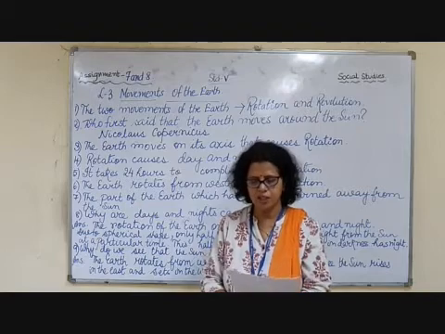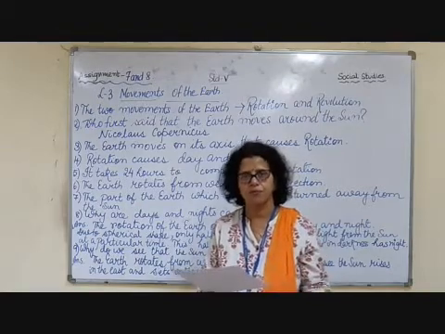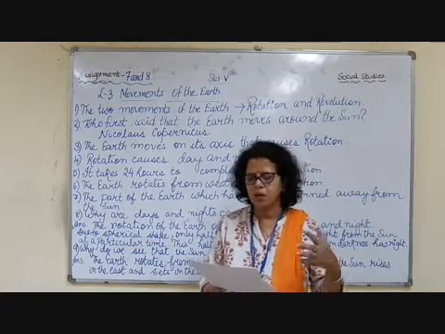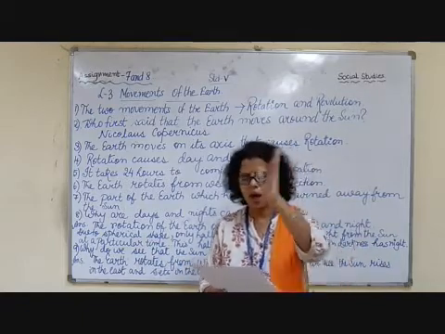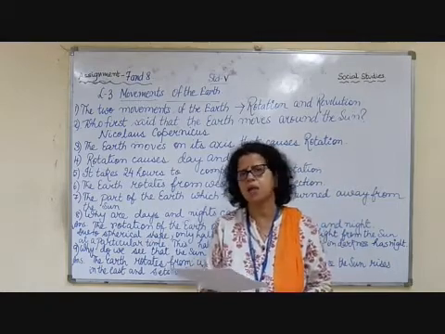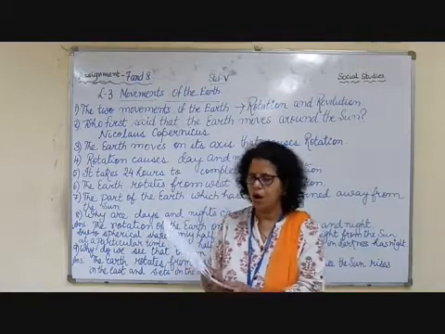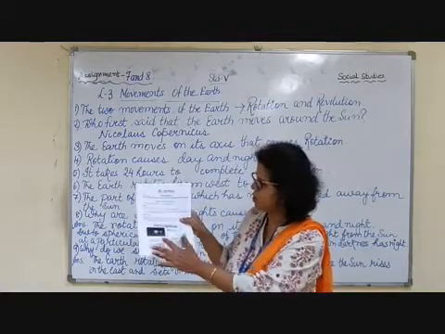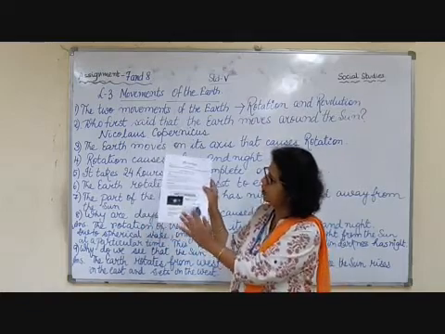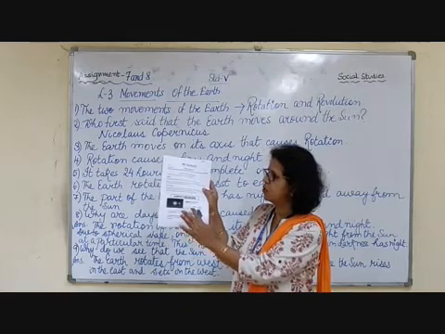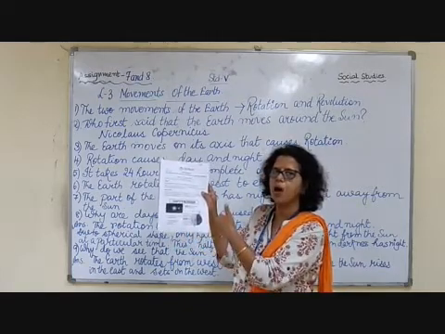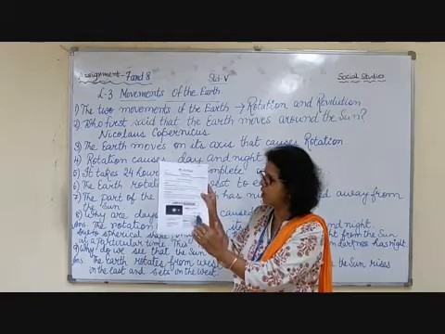Due to its spherical shape, only one half of the earth receives the light from the sun at a particular time. This half has day, and the other half, which is turned away from the sun, is in darkness, and that is night. Now in our Earth's rotation, you can see the sun rays are falling on this part of the Earth, so this part has daytime, and the other, opposite part is in darkness, so it is nighttime.